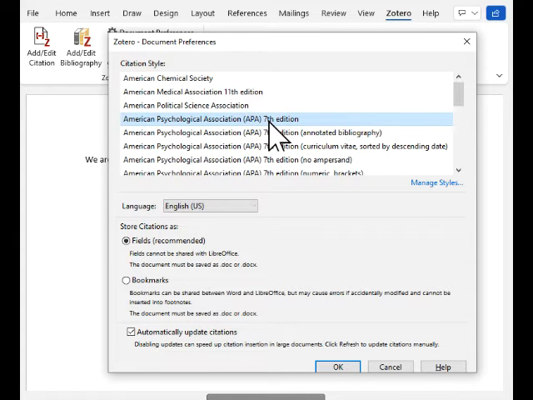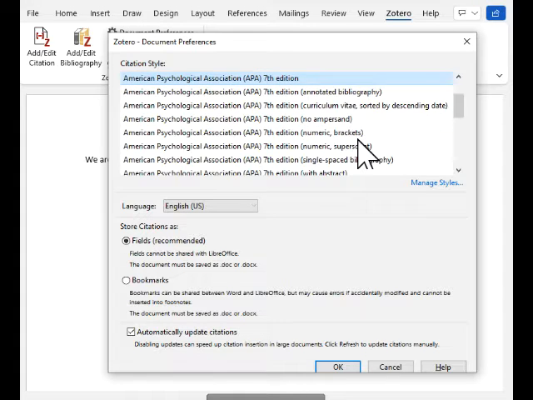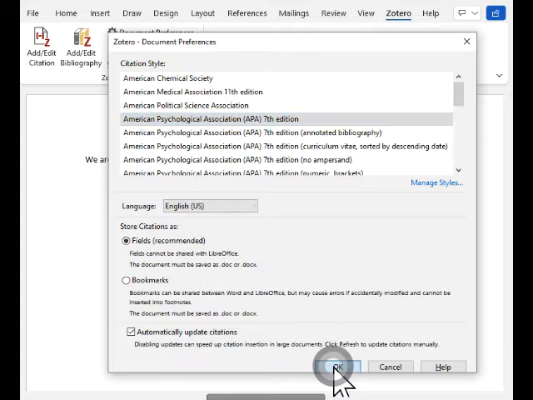All right, so you guys want the 7th edition of APA, but if another teacher asks you for another type, then they're all in here. Chicago style, MLA style, stuff that you have never even heard of before, it's all here. So you hit OK,